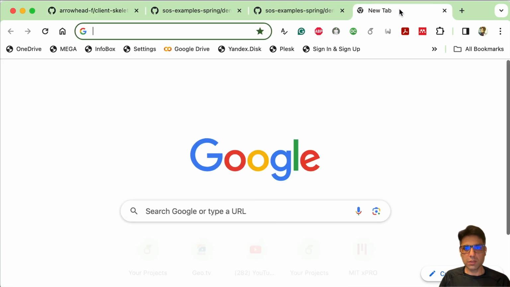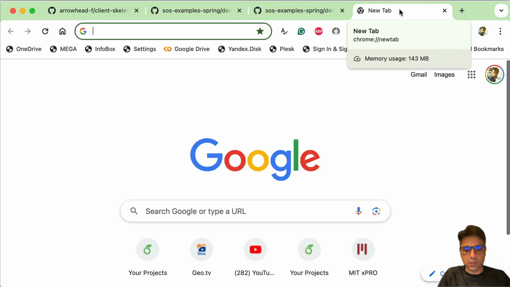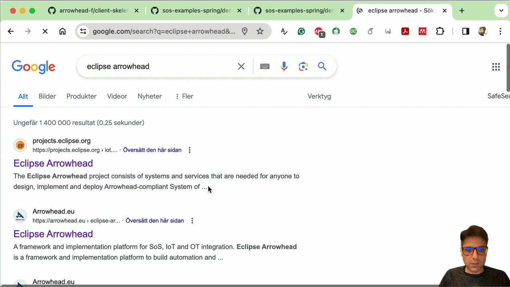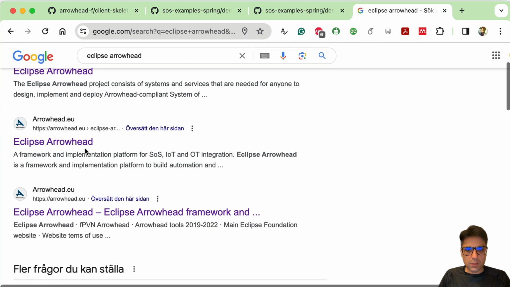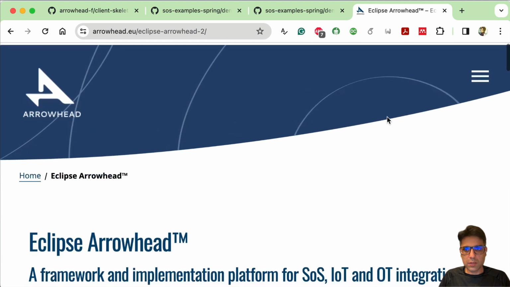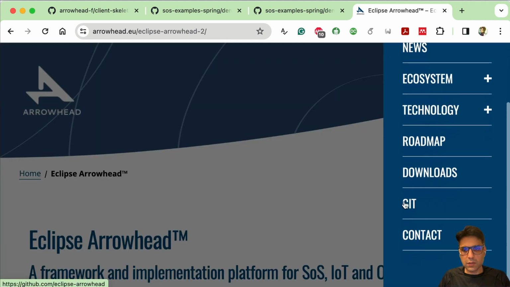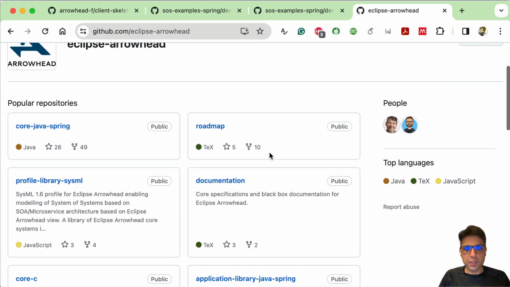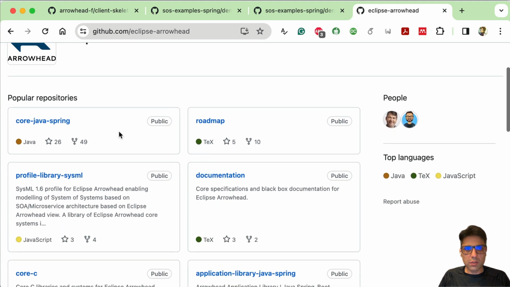Let's first go to Eclipse. If we go here, then we can go to the GitHub repository, and here